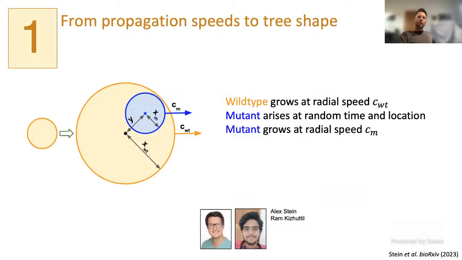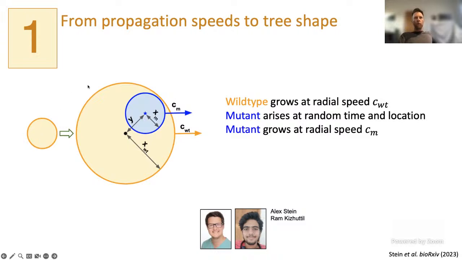So the way I approached this was with a very simple physics type model where we simplify things a great deal. We model tumors as balls in 1, 2, or 3-dimensional space. And we assume that space is continuous. So we model the growth of a tumor from a point to a ball as a growing ball growing continuously with time. So the initial type here, what we call the wild type, which is the initial type of cells that are present in the tumor, these are shown in a kind of pale yellow here.